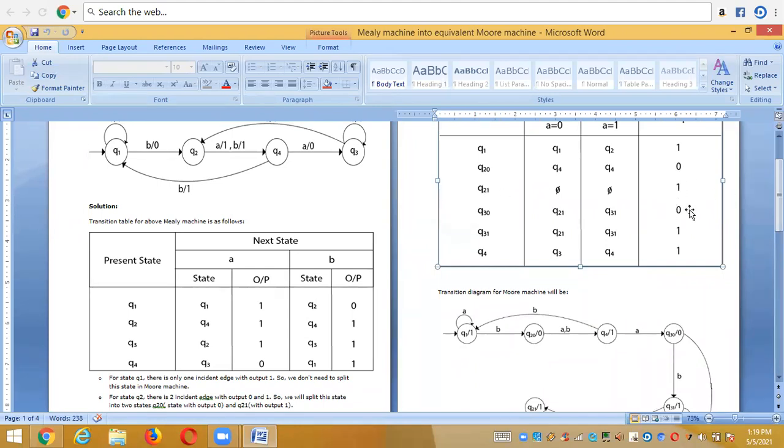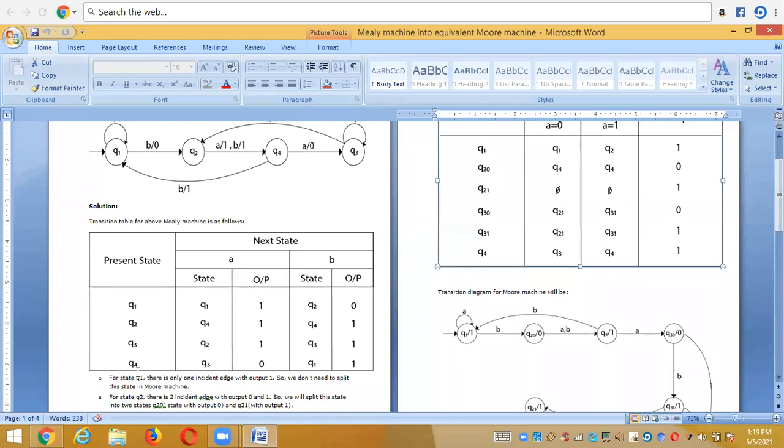The same thing you need to follow for the Q3 also. Q3 is split into two states, Q3 0, Q3 1. So the outputs for the Q3 are Q2 and Q3. So both the Q2 and Q3 are split, right? So how we can choose whether to write Q2 0 or Q2 1 depends on the output of this Q2. So it is Q2 1. And here the output of Q3 is 1. So it is Q3 1. So both are split states, right? So that's why we copied the same for the Q3 1 also. And here the output for the Q3 0 is, after 3 what you are having, 0. So that becomes the output. And after 3 what we are having is 1, and that becomes an output.